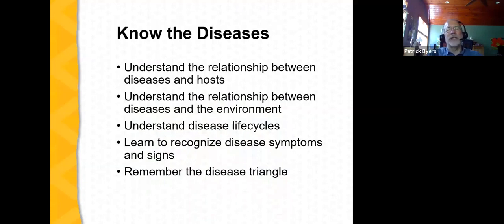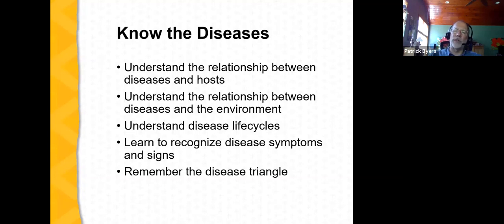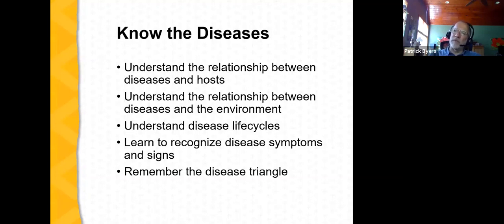We need to understand disease life cycles. The reason that this is important is there are typically points during a life cycle where we as farmers or gardeners can intervene. And in many cases, we can prevent disease by intervening at the appropriate time. In other words, we may be applying a fungicide at a particular time to prevent an infection from taking place when the environment is favorable. That may be the only time that we have to intervene. And if we do a good job then, we don't have to deal with that disease from that point on.